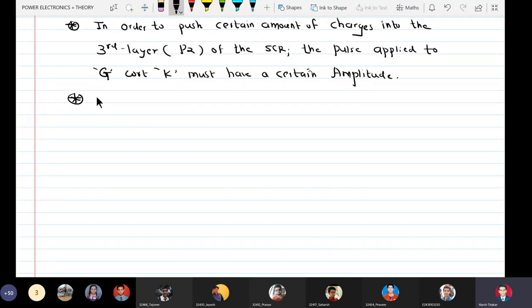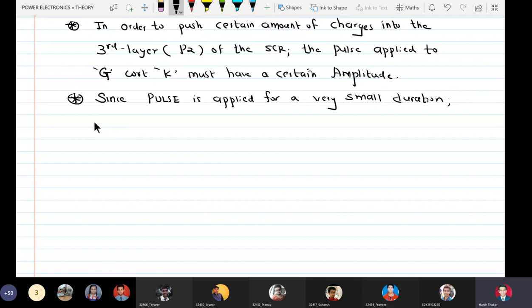Now third thing is that since the pulse is applied for a very small duration, this duration must be greater than the turn on time of SCR.